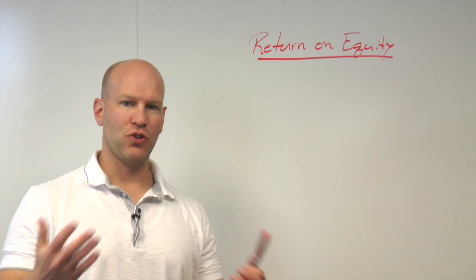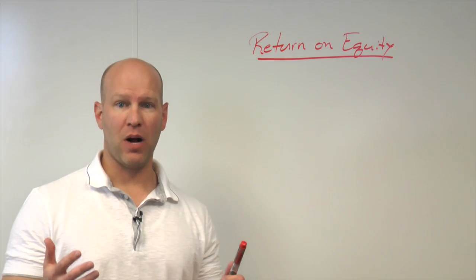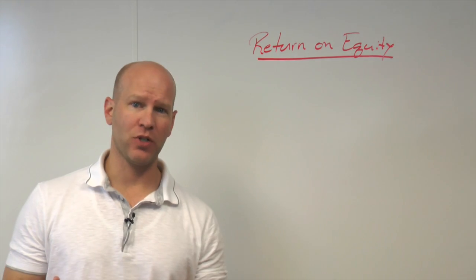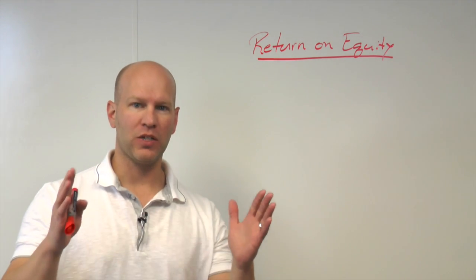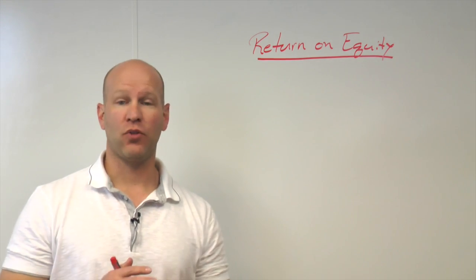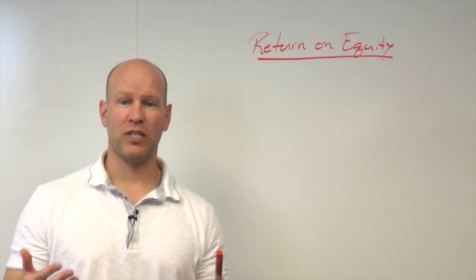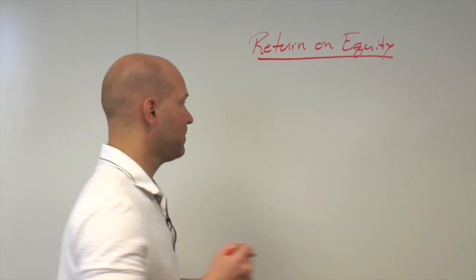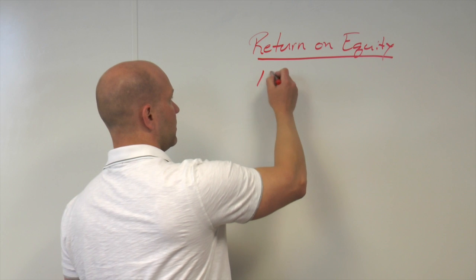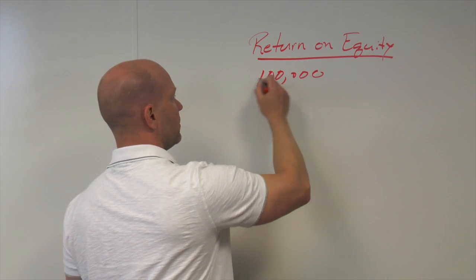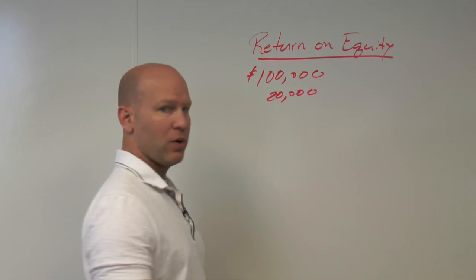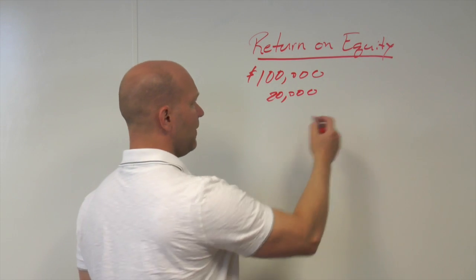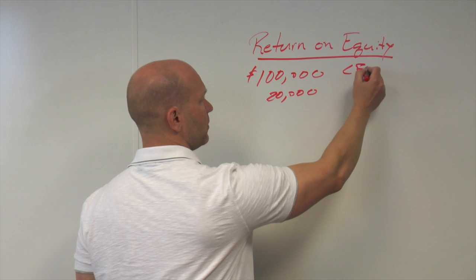So let's get a couple of things out of the way first. Let's assume we're going to buy a $100,000 property. We're going to put 20% down, and the property, after all expenses, is going to cash flow $300 a month or $3,600 a year. So, $100,000 purchase. We've put $20,000 down. That's 20%, and this property is going to cash flow